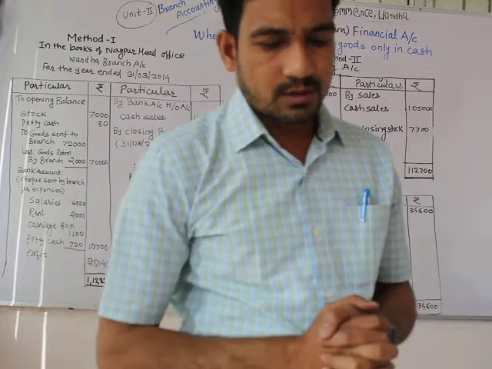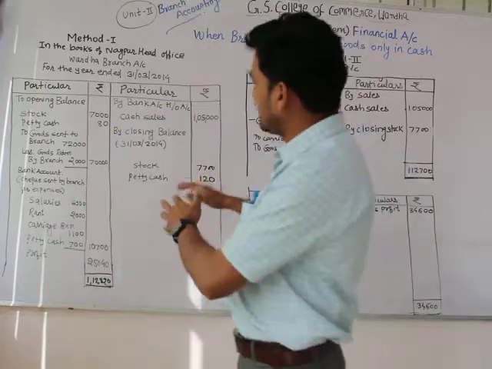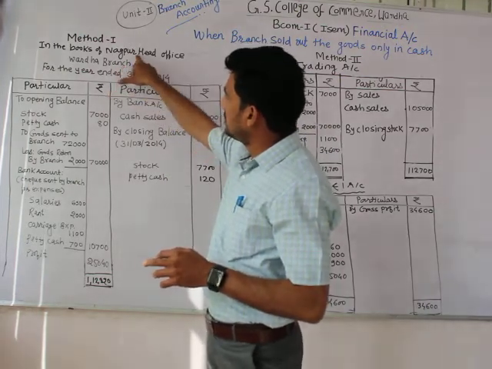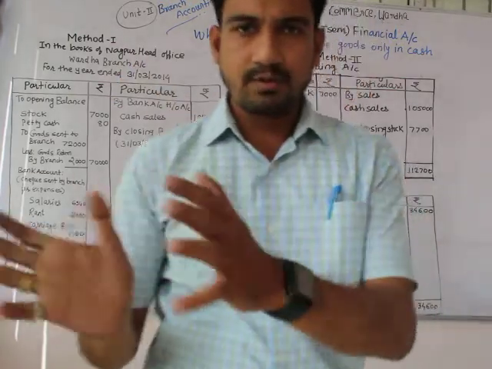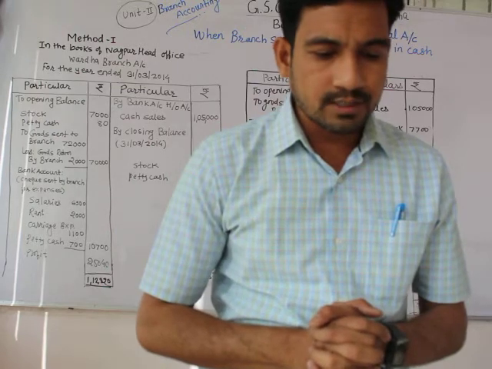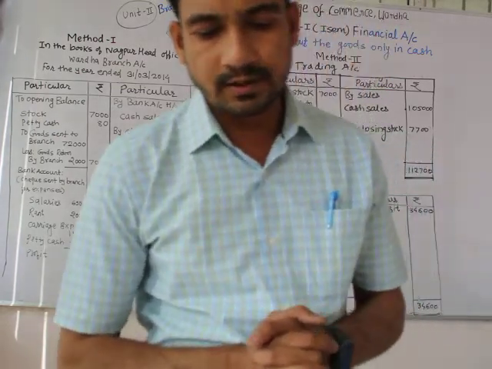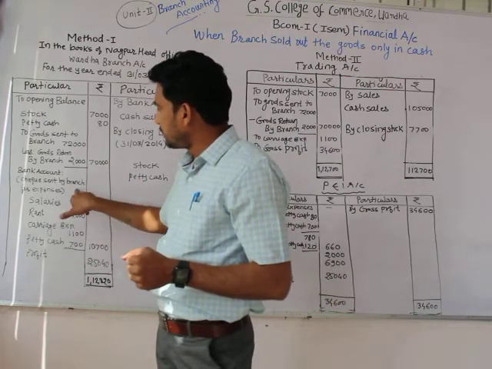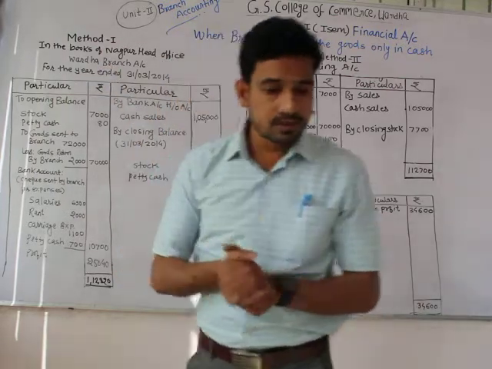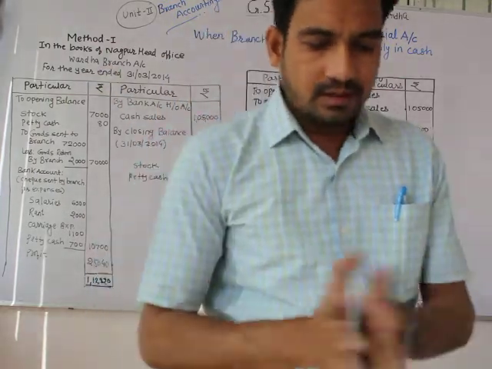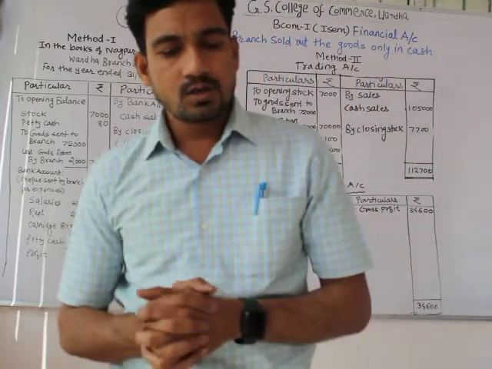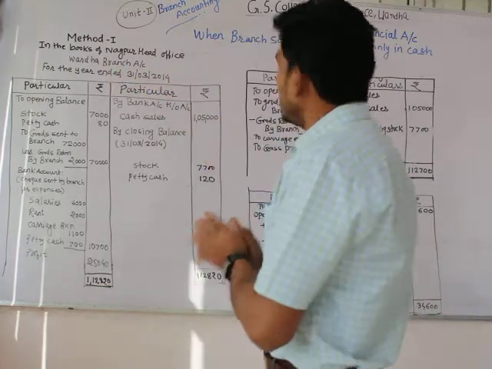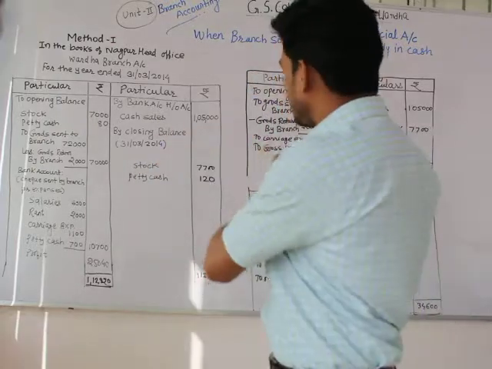The cash receipts are deposited in the account of the head office in a bank, and the amount which is received by the branch is to be deposited by cheque in the account of Nagpur head office. That information they have given us. All branch expenses are paid by cheque by the head office. All the expenses incurred by that branch office are paid by the head office. And then the information is given, and we have to prepare the branch account in the books of the head office. That's why we have written it as in the books of Nagpur head office, and we have to prepare the branch account.